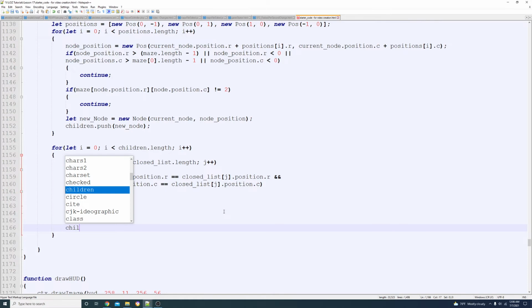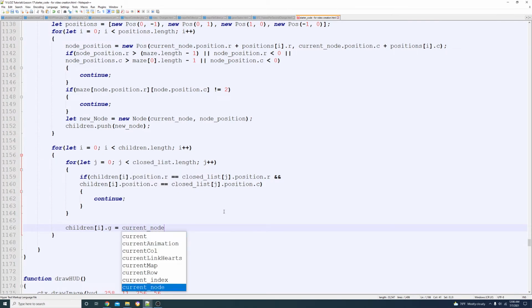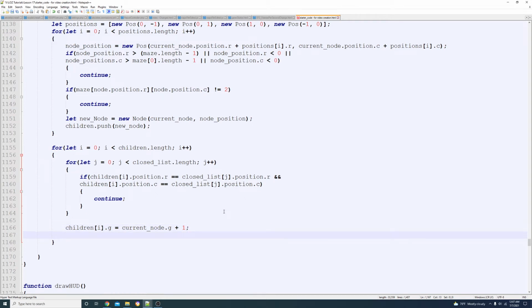Okay, so we're just going to say children at I dot G is equal to current node dot G plus 1. So our current node is the one that we're standing on, and we are looking at the tiles around us. And if we move to a new tile, we are adding 1 to our path cost. Okay, so that's all we're doing, and it's a real value. We are certainly adding 1. It's not estimated. It took us another step to get to the end. And then what we're going to do is we're going to say children